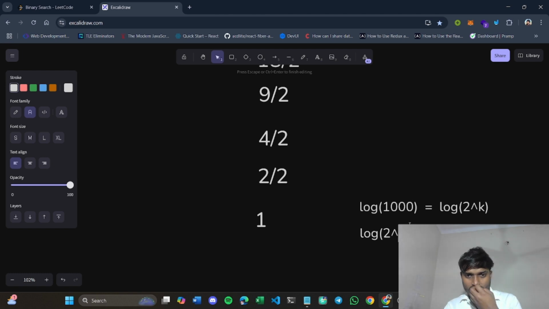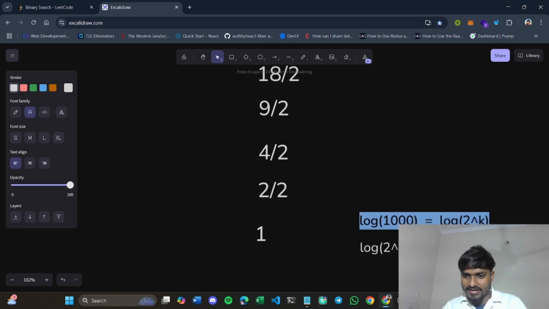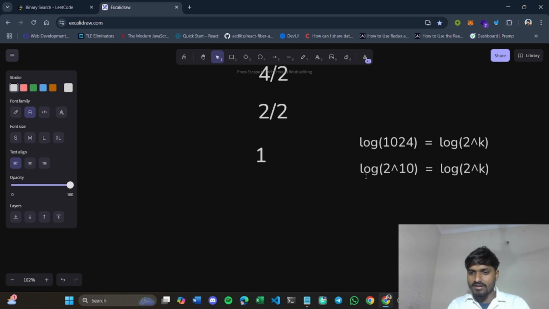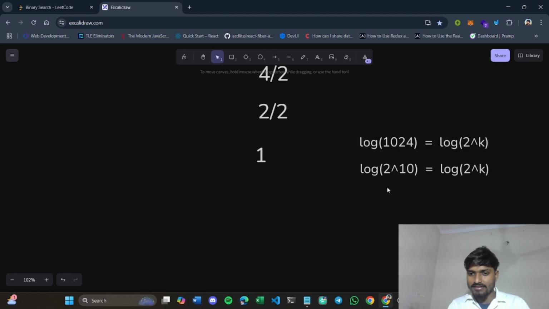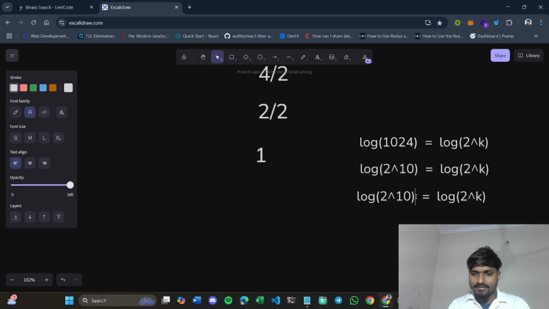For better understanding, let's take the length of the array as 1024. 1024 is a power of 2, basically 2 to the power 10. Now when you compare this equation, you can write 10 is equal to k.